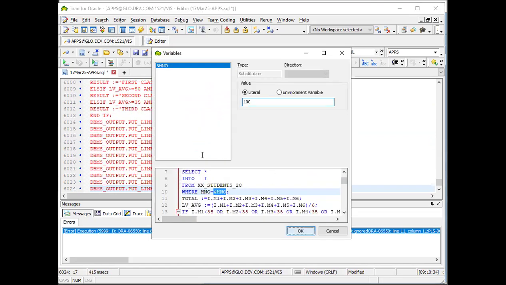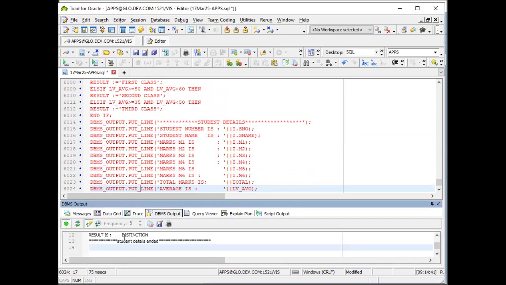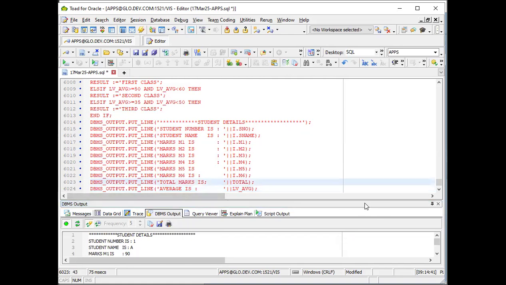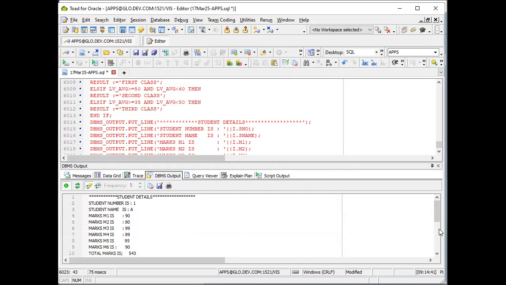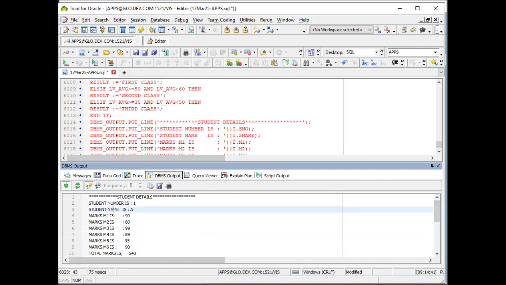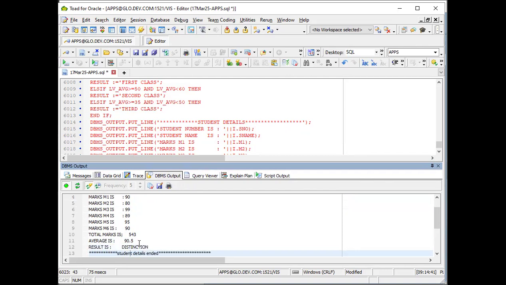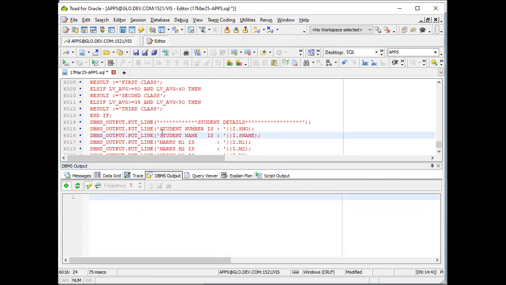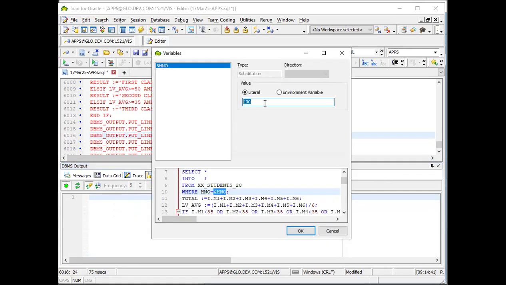And I am giving. In the DBMS output, you can see the result is distinction. Okay, before that, you can see all the information, student details: student number, student name, marks M1, M2, M3, M4, M5, M6. Based on this, total marks 543, average 90.5. Result is distinction. Same way, if you execute this for 104,